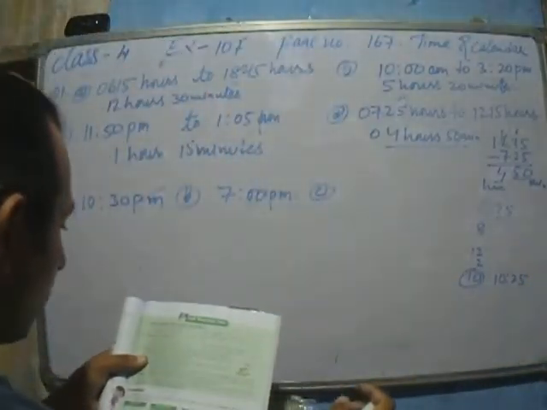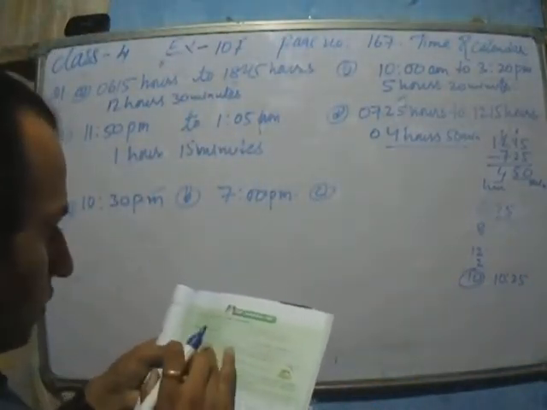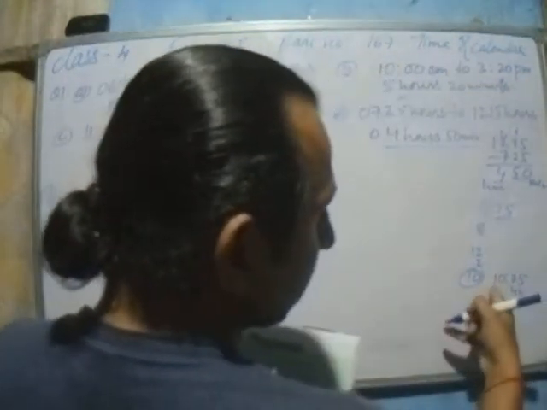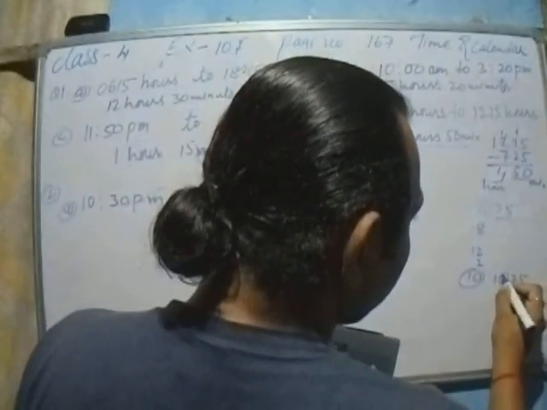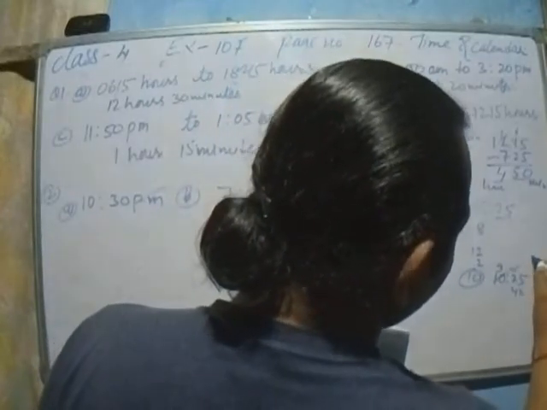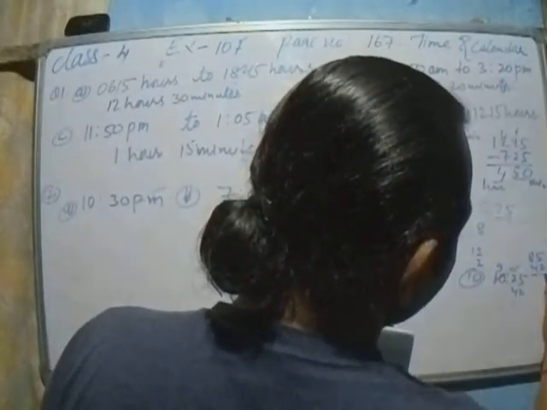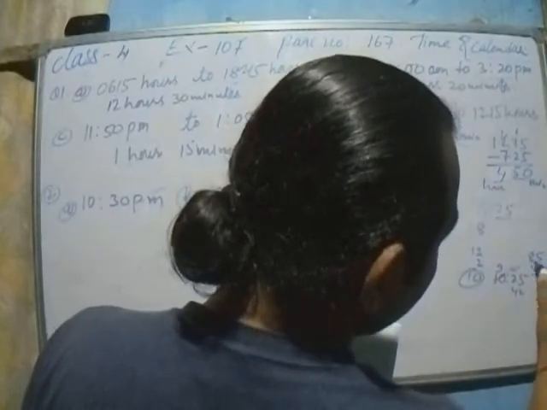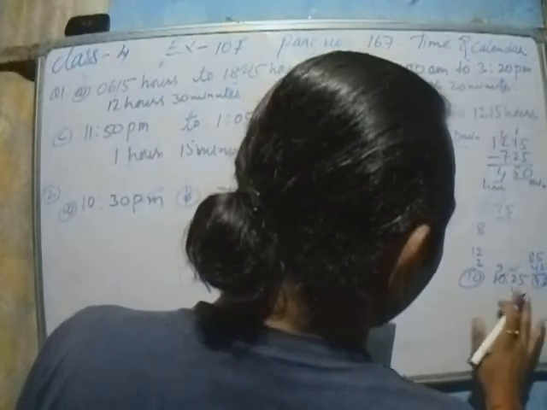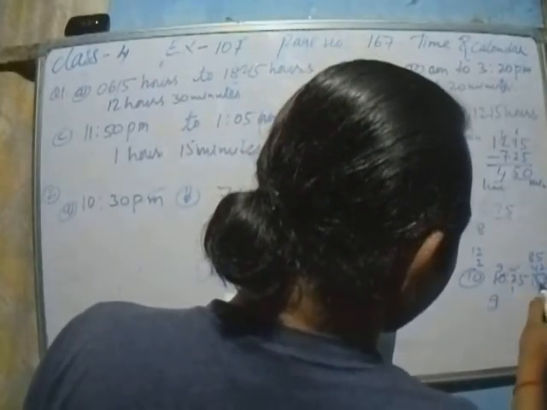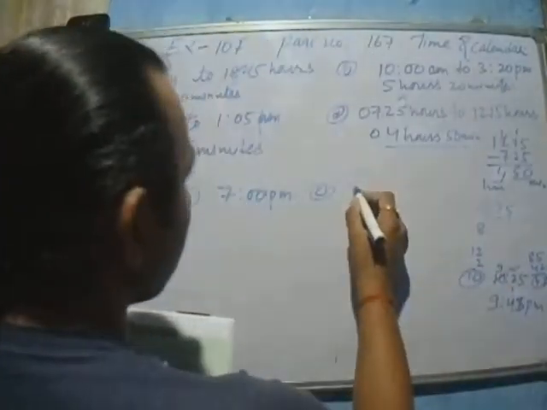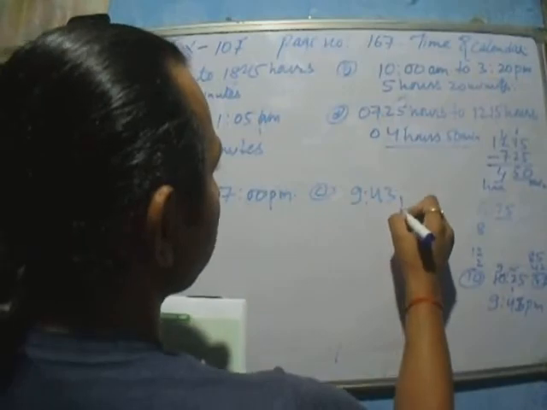Then we subtract 42 minutes more. So here when we subtract 42 more, then here it becomes 9. Here 60 gets added. So 60 plus 25 is 85. 85 minus 42 you have to do. So 5 minus 2 is 3. Then here 8 minus 4 is 4. So here we get 9:43 p.m. So it is here 9:43 p.m.